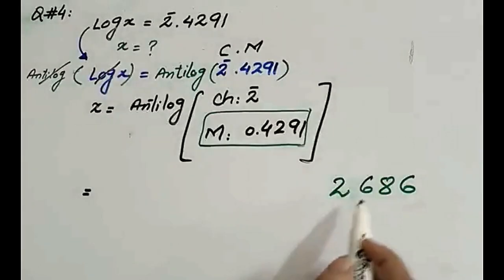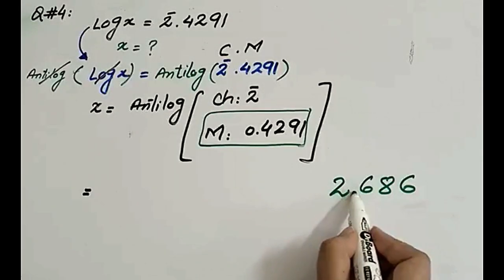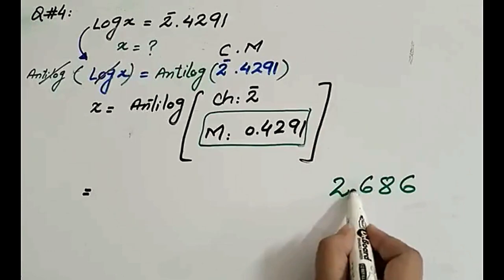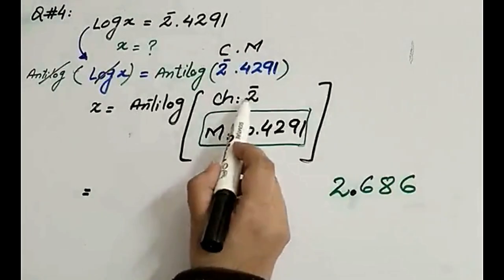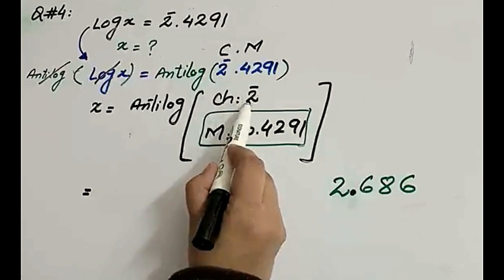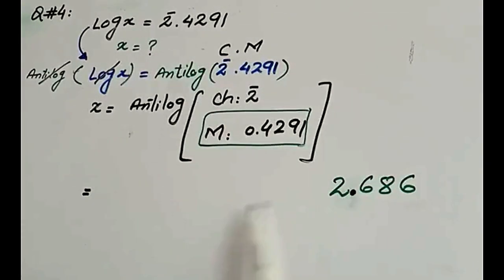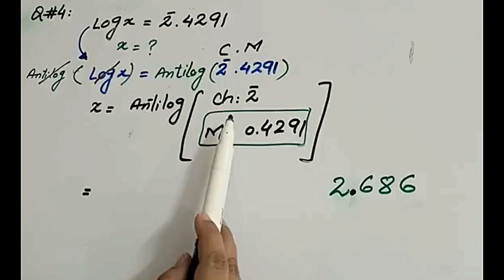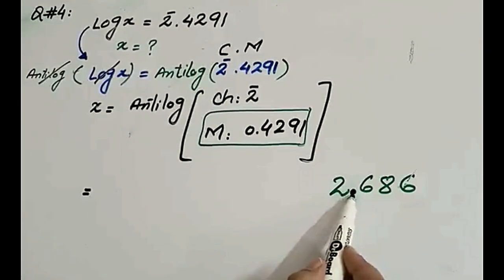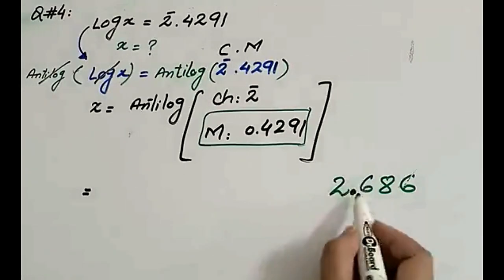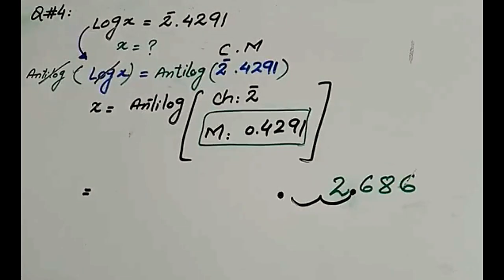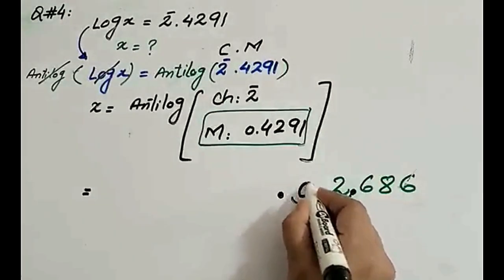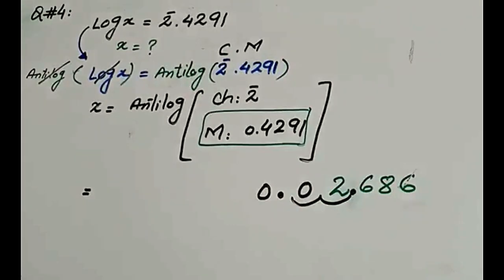So after seeing 0.42th row in 9th column and mean difference 1 column of the anti-log table, we have got 2686. And what is the actual position of the point? That will be after the first non-zero digit. So here is the actual position of the point, and we have to move the point. Characteristic is 2 bar, means -2, and if it is -2 we have to move backward, and if it is +2 we have to move forward. And here characteristic is -2, so we have to move this point 2 digits back. So 1 digit, 2 digits. So after 2 digits I have to move the point. Here there is nothing, so a 0 would be placed there.